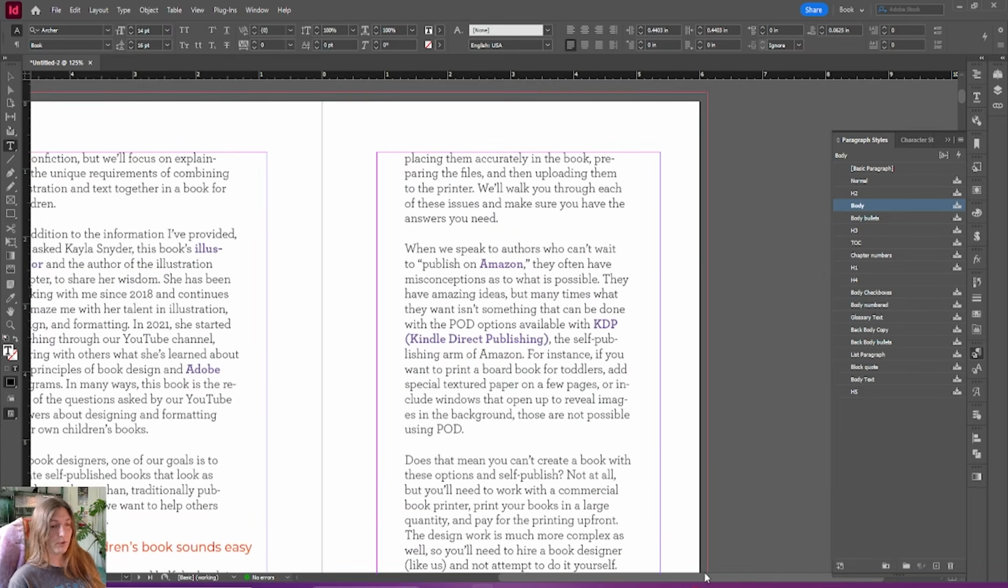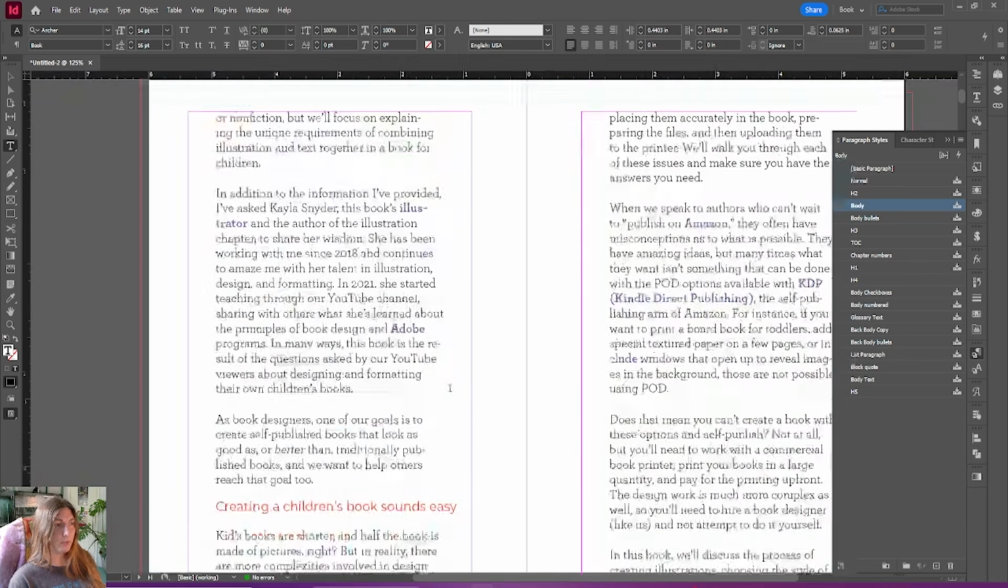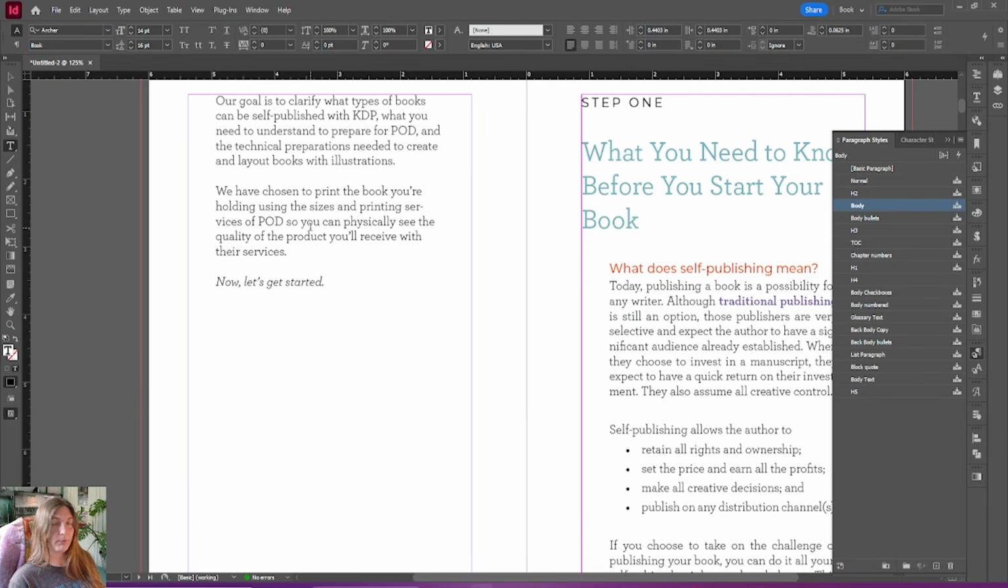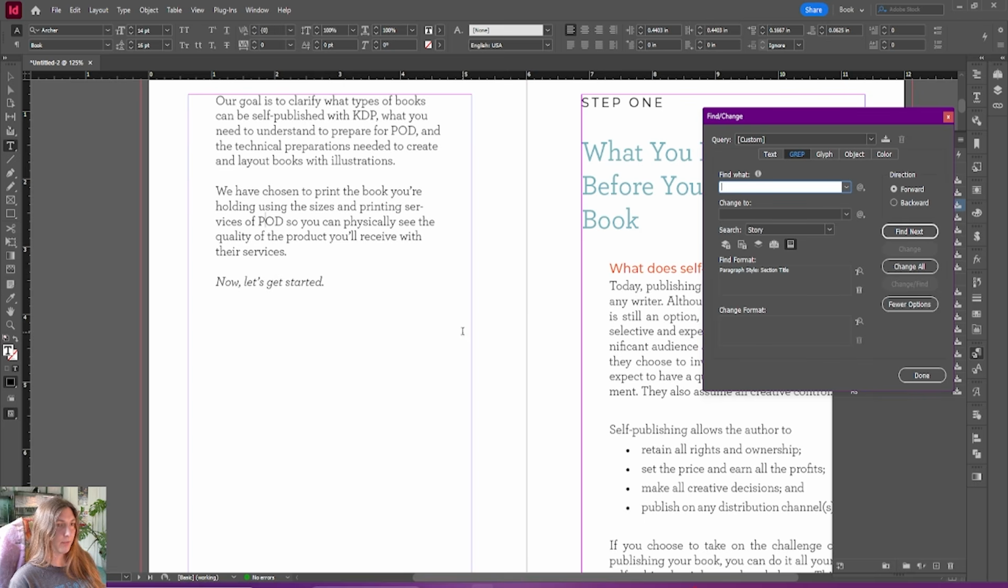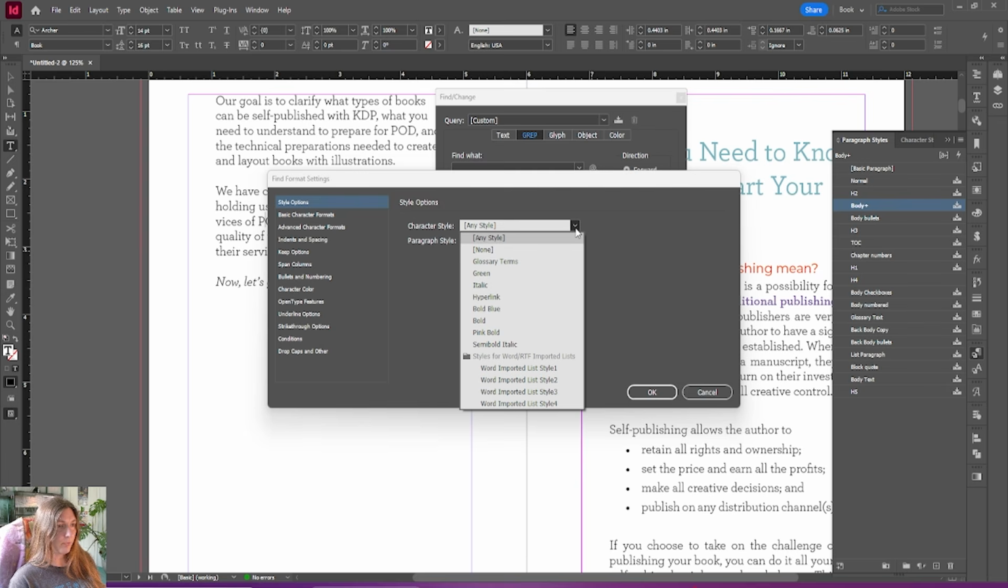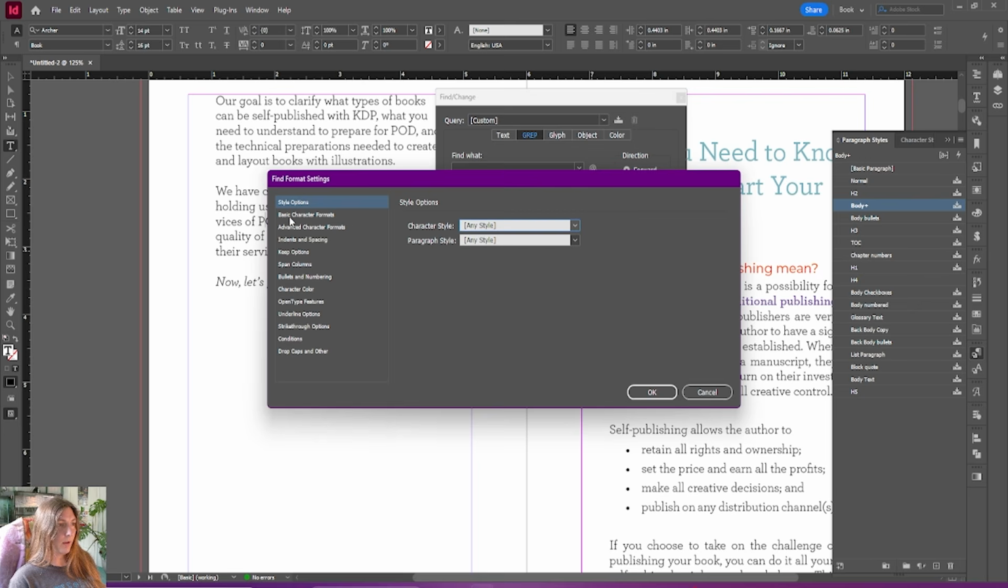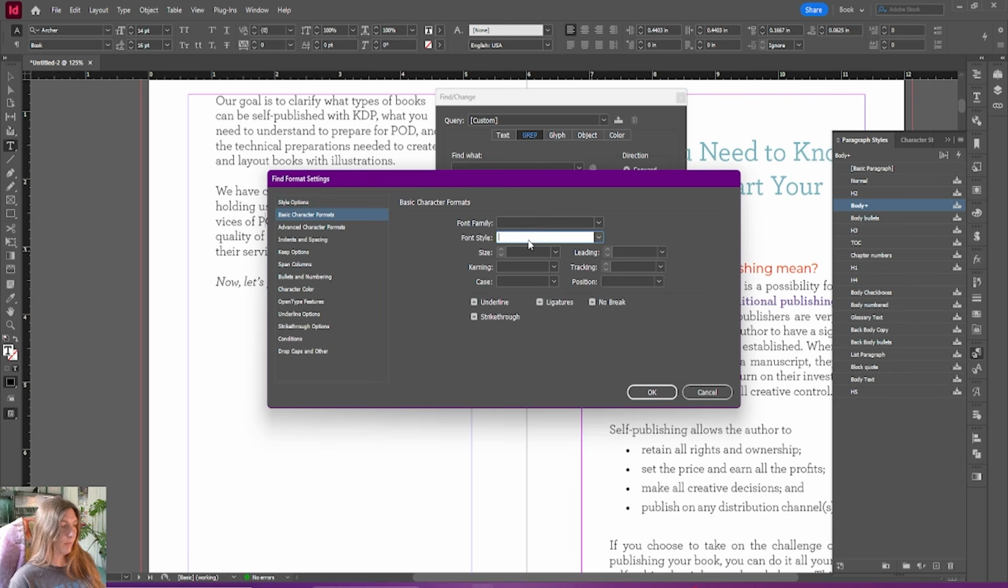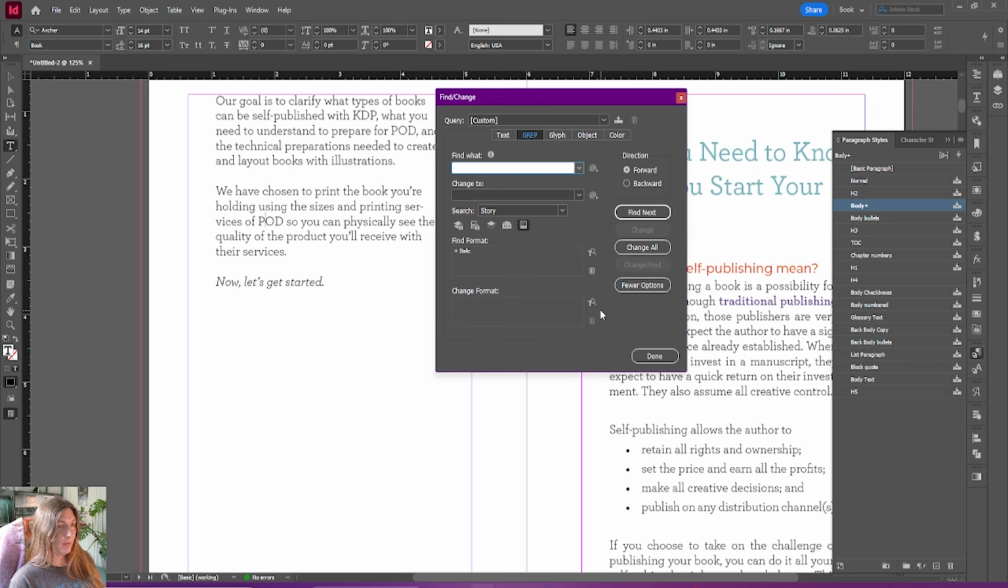The long way to do it is to use our find and change. Let's take, for example, this italic line. So if we open up our find change with Control F, we're going to use the GREP tab. And what we're going to do is find format. We're going to look for all instances of italic in the basic character format section. So we're going to look for the style of italic, and then we're going to change that format